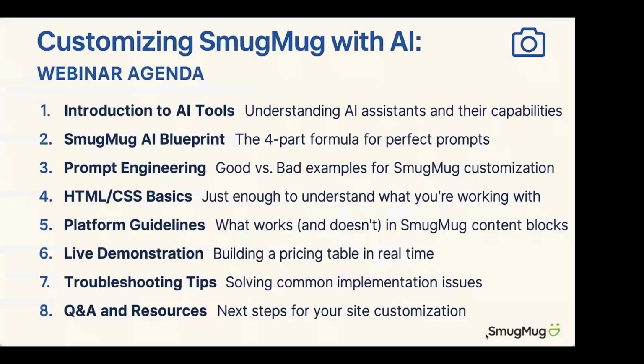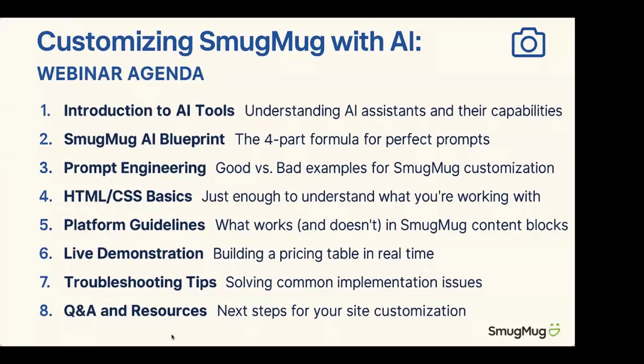All right, so here is our roadmap. We'll start with a quick introduction to AI tools like ChatGPT, Claude, Gemini. Then I'll share the SmugMug AI Blueprint. This is a 4-part formula that, when followed, consistently delivers high-quality results. Next, we're going to compare good prompts and bad prompts so that you can see the difference clear and detailed instructions make. I'll give you just enough HTML and CSS basics to understand what it is you're working with, and